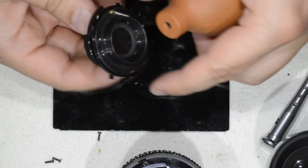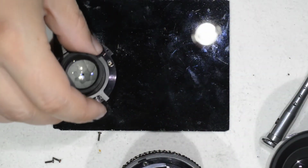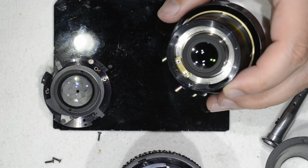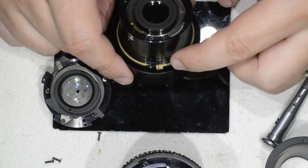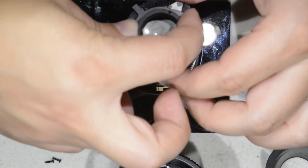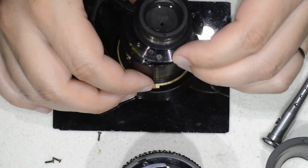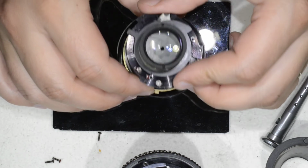Another quick thing, then just for good measure I'm going to blow this so I don't have particles of dust. Then I set this guy, and then probably I forgot to mention, when we disassemble we went to the infinity position, and then the infinity means this part here is going to be in that position, wherever that is, but then the cue gives me the cue to put this part here, which has to be aligned with this protrusion here, and then with that I know in which position I need to put